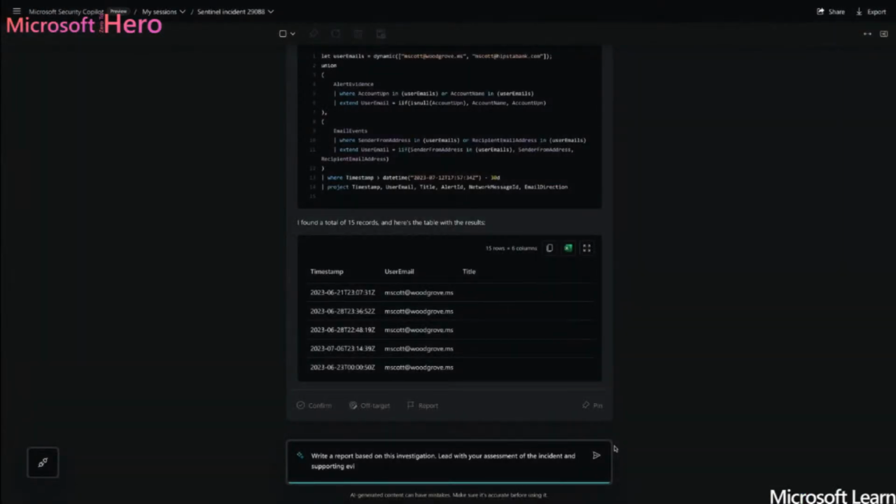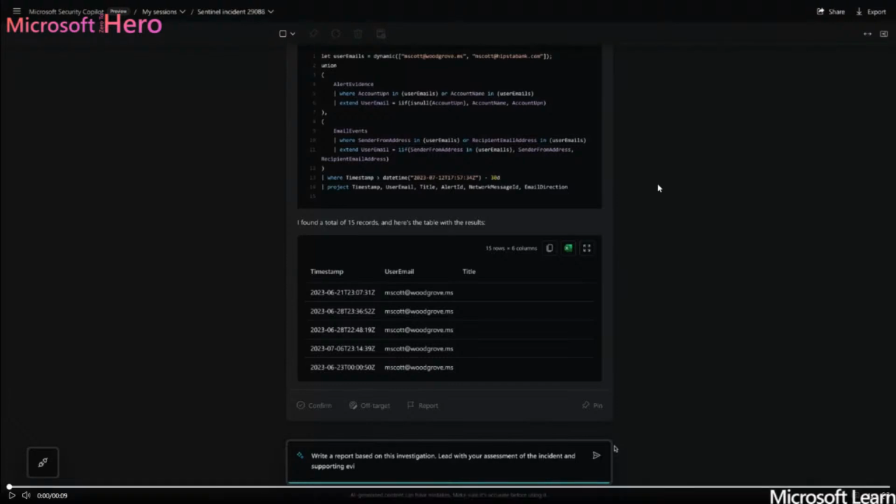In this demo video, I asked Copilot to create a report based on the incident and the result of the assessment. First, you will see how I provide Copilot with the necessary detail about the incident. Then Copilot used the AI capability to gather and organize the information and generate a comprehensive report summarizing the incident and assessment result. This showcases how Copilot can automate the report creation process, saving time and ensuring accuracy. Let's see how it works.